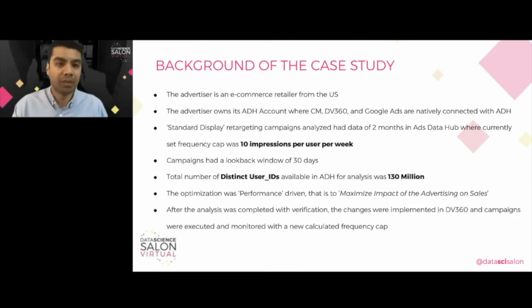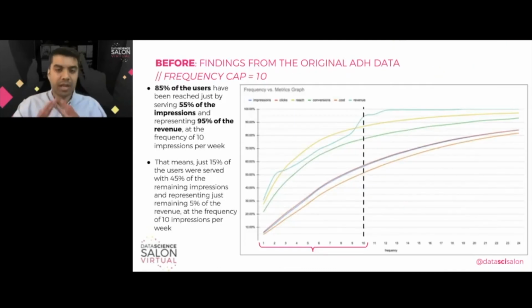This is the background. So I would like to take a pause here and let you look at the screen because it highlights a very cumulative graph of my inputs and my outputs. That means impressions, reach, conversions, cost, and revenue, and revenue being our success KPI. One of the things to look at here is